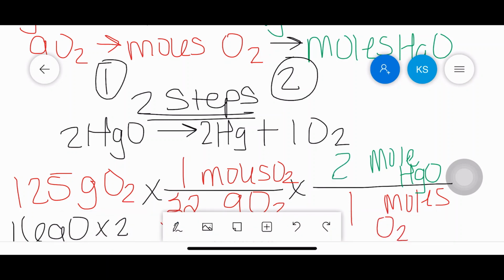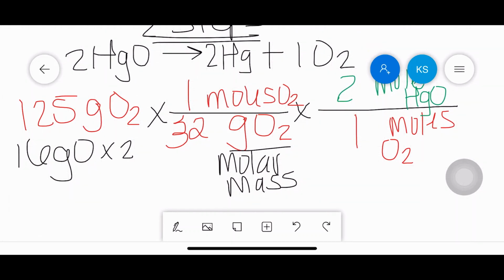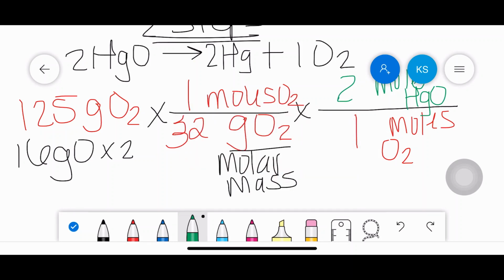Our second step, that's our heart of stoich step, where 1 mole comes from our ratio, right? 1 mole of oxygen to 2 moles of mercury 2 oxide. That's our mole to mole step from the balanced chemical equation. So if we go to the calculator and plug in 125 grams times 2 divided by 32, that gives us an answer of 7.8